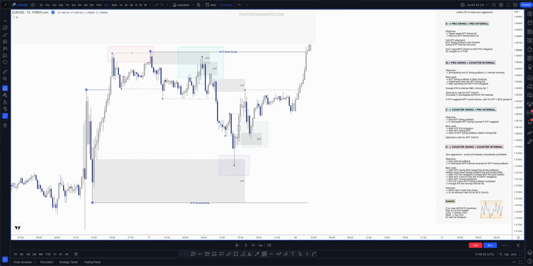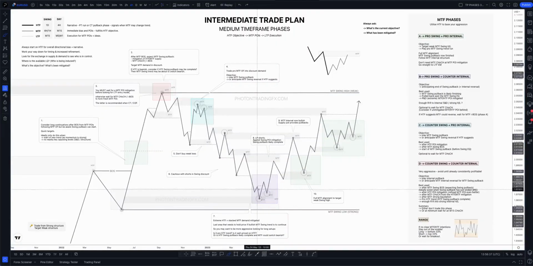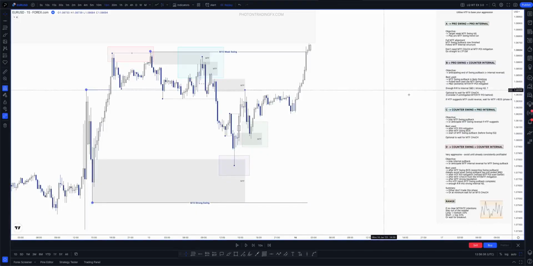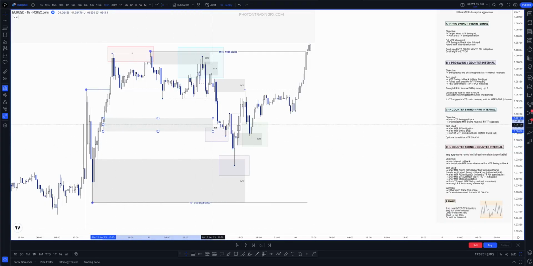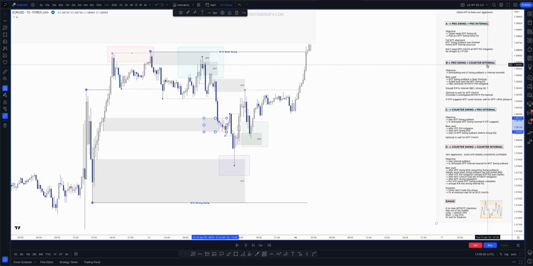So now we can start thinking about, we go back to that plan, we're around here, okay? Because when you want to trade in line with the swing, so getting long because we're bullish, but you're trading against the internal, technically, you could also look for longs from within here, right? There's a kind of crappy POI here. I think price trades through it anyway. You could have been looking for longs potentially around here on a lower time frame when price comes in, and that would be phase B, right? Pro swing and counter internal. At this point here, when price is here and you come into this POI,